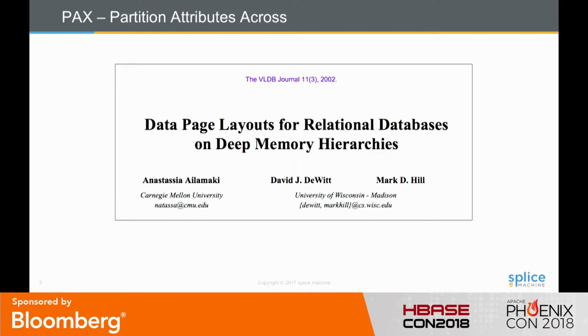This is a paper from 2002. And in the paper, the key part of it is he's looking at how you're storing data pages. So in our case, data blocks. And his hypothesis of the paper is basically, look, it's great to have, for transactional performance, a row major layout at the biggest partitioning piece of it. But inside of a data block, it'd be nice if it was stored in column major or in a columnar